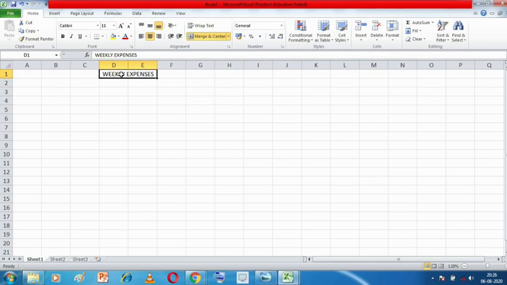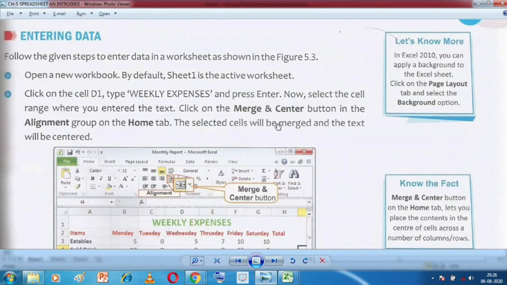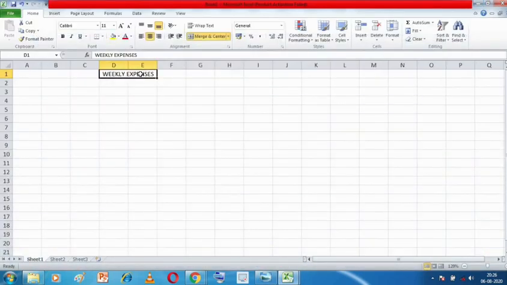Now this is a single cell: A1, then B1, C1, and then D1, and now this is F1, because D1 and E1 got merged into D1. Because we selected Merge and Center, the selected cells merged and the text, weekly expenses, got centered.